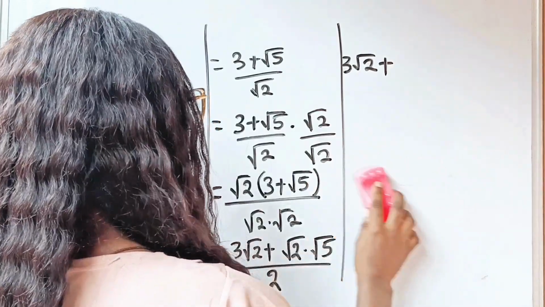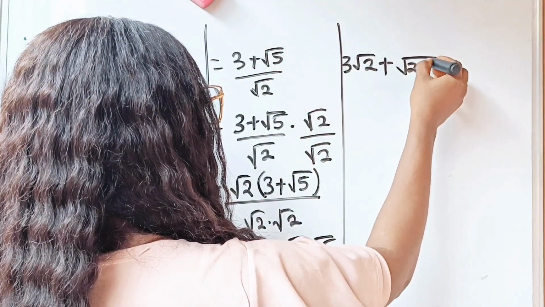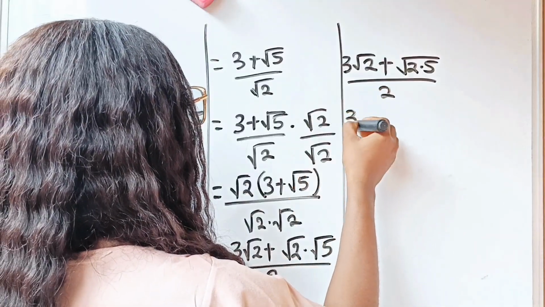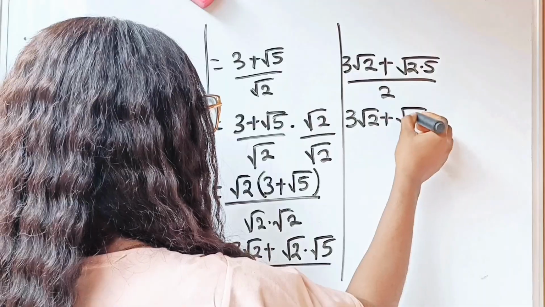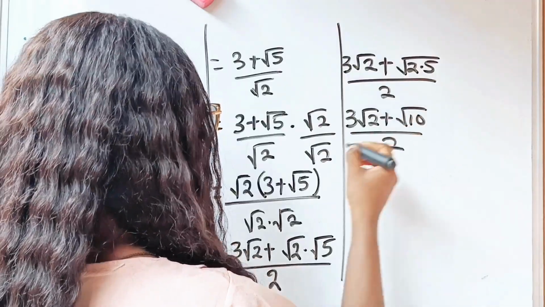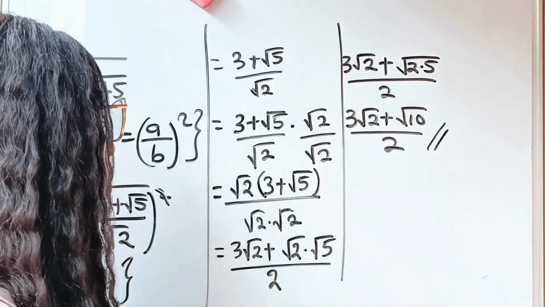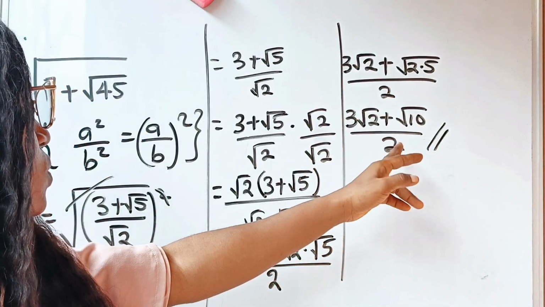Okay, so that means that this is root 2 multiplied by 5 divided by 2. So we have 3 root 2 plus root 10 divided by 2. And that is the answer, because at this point, I don't think there is anything we can do again to get